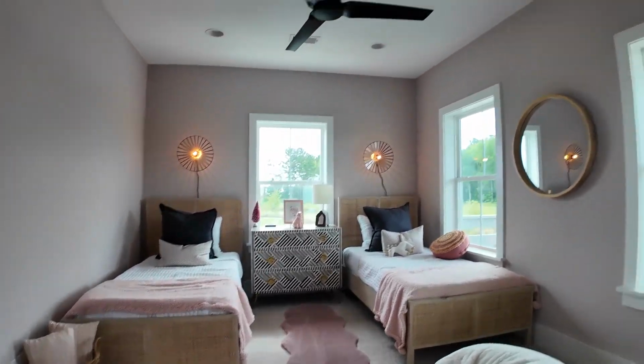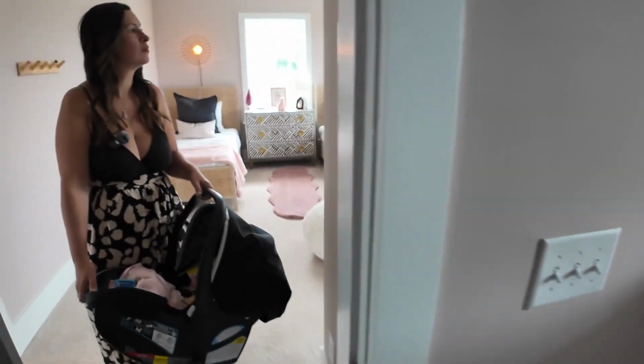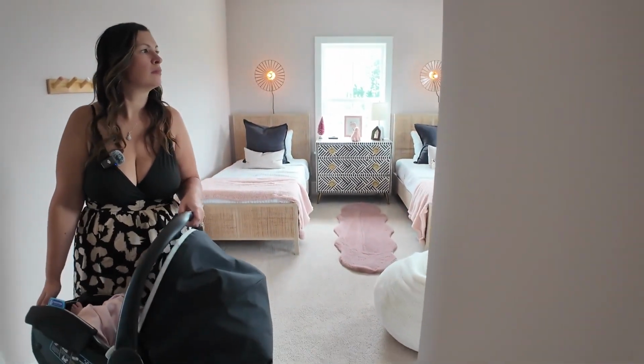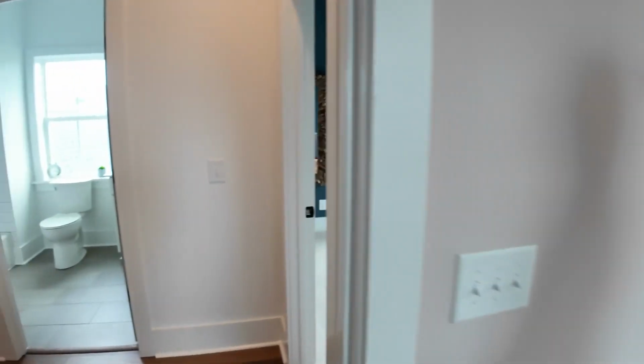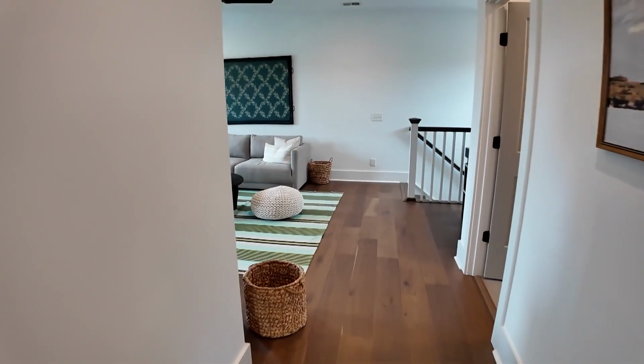Really good bedroom sizes in here. Again, another full bathroom in here. So you have a total of 3.5 bathrooms plus 4 well, technically 3 bedrooms, and you can do the 4th as the office downstairs. Now, here's one thing I will say that I really, really like about this floor plan